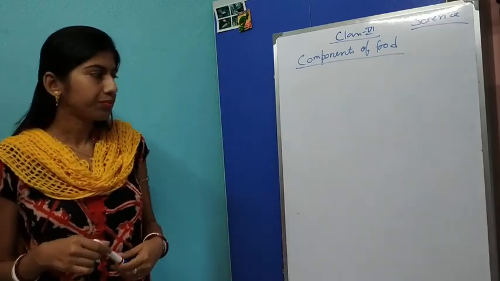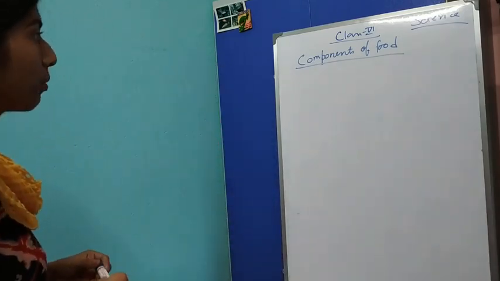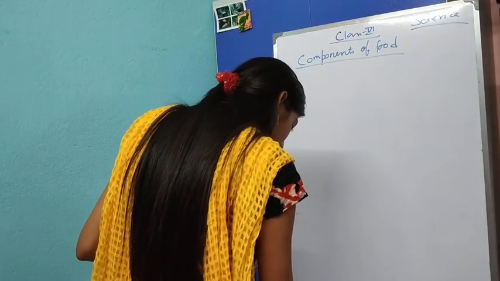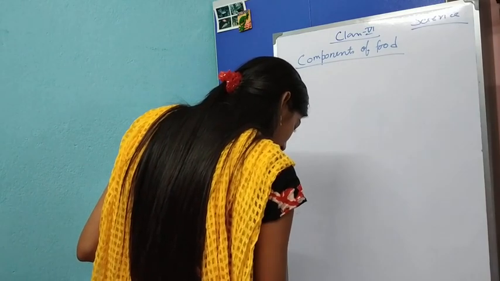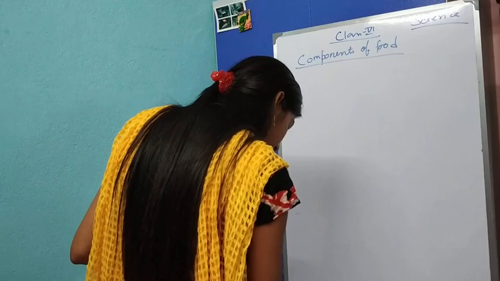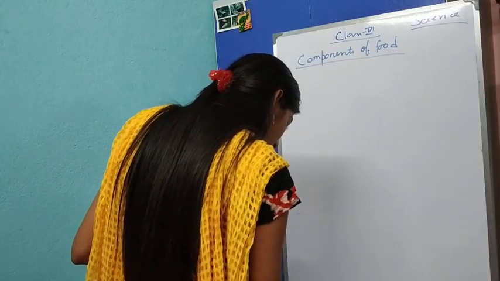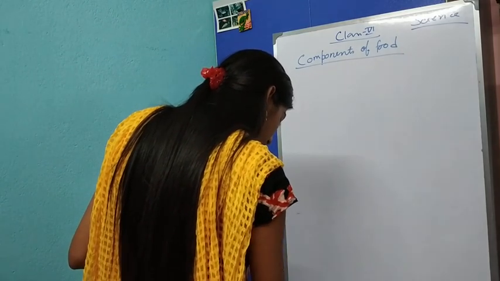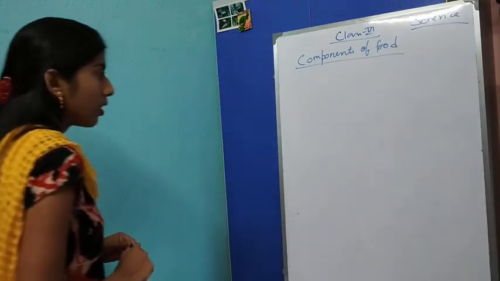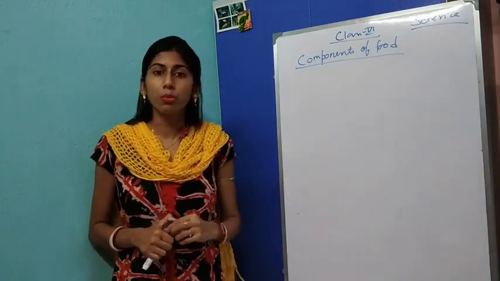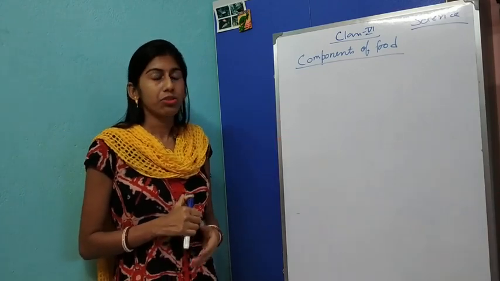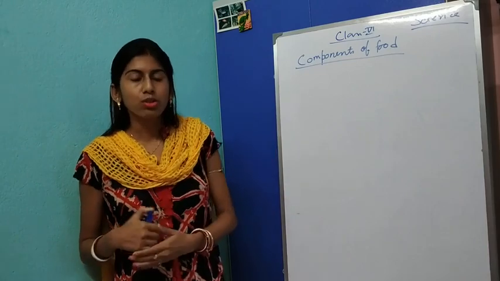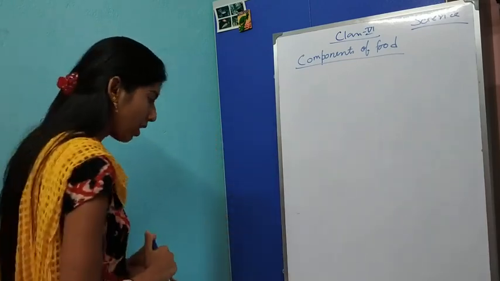Today we will know about the different components of food, that is written in your book, vitamins and minerals. What is the sub-heading? What do various nutrients do for our body? So, we know the different nutrients, that is carbohydrate, protein, fat, and except these three, there are water, vitamins, minerals, and roughage. We will come to know one by one what they are and what their different functions are.